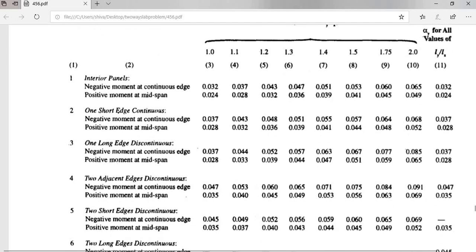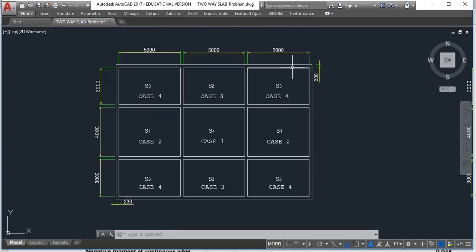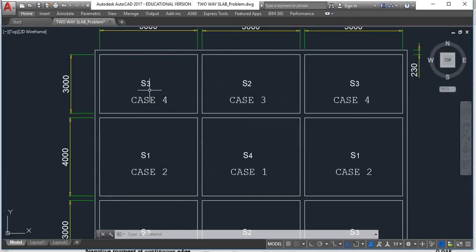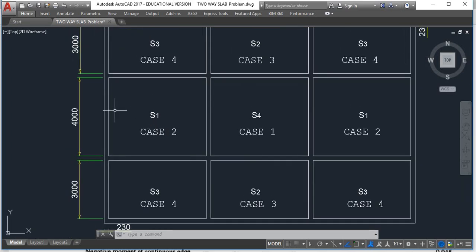This is for slab panel S3. So all slabs which are in the corner have two adjacent edges discontinuous. So they all belong to case number 4, and we will mark them with the same letter, that is slab panel S3. Now if you check this slab panel S1, it has 3 edges continuous but 1 edge is